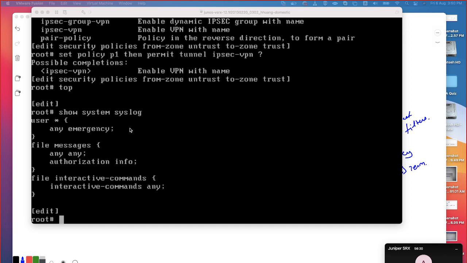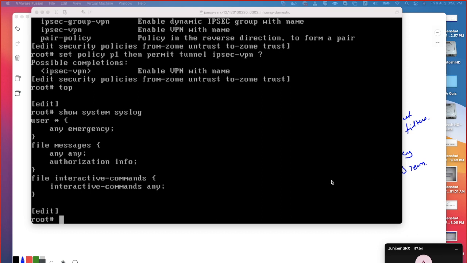You understand what I'm saying? And there is a file which will be created with the name messages. A file by your Juniper operating system will be created with the name messages. This is by default. You don't need to create this one. Within that, any facility with any severity is going to be collected. At the same time, the user whoever is getting authorized under the severity level of information will also be logged.